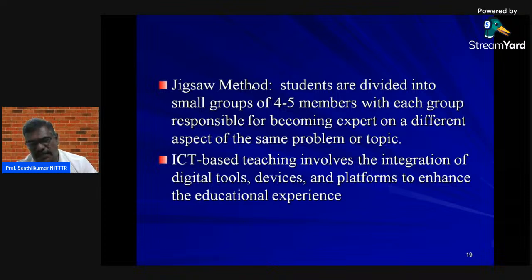So these are the digital tools and devices that easily bring all the material to the classroom and engage the students. A continuous lecture of more than 45 minutes is not possible, so there are different types of blended mode and different types of examples we have to give the students. In this way, ICT based teaching involves the integration of digital tools, devices, and platforms to enhance the